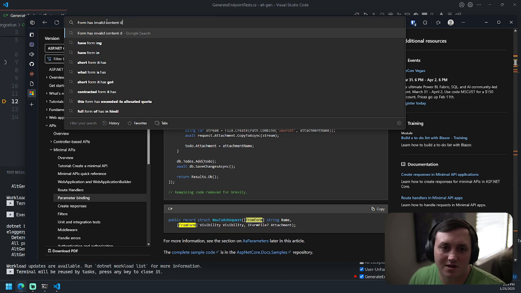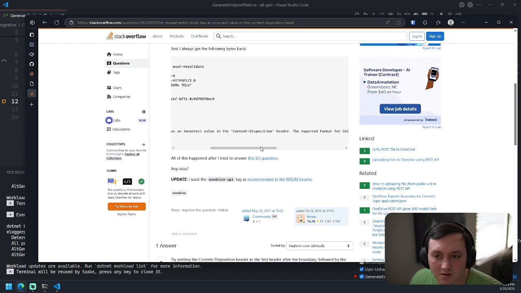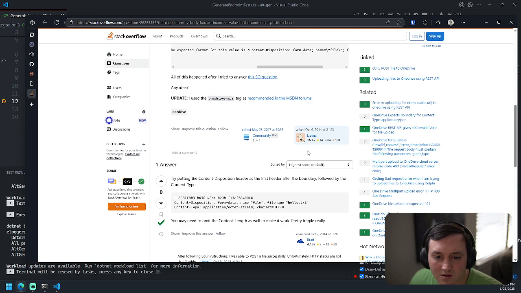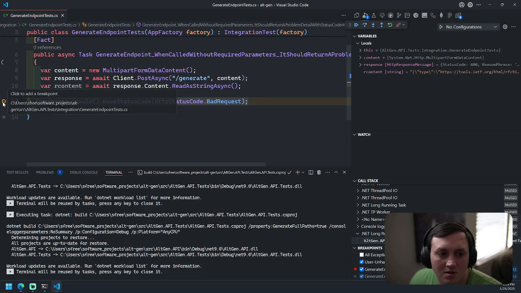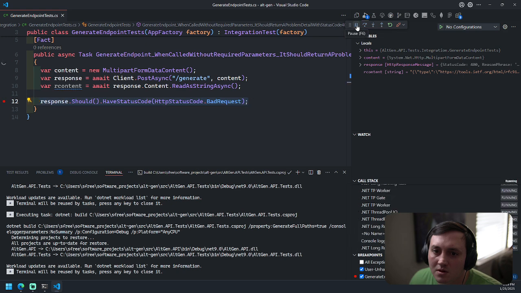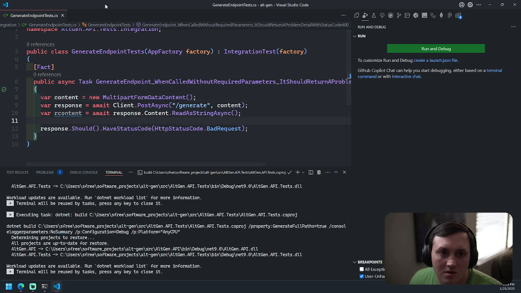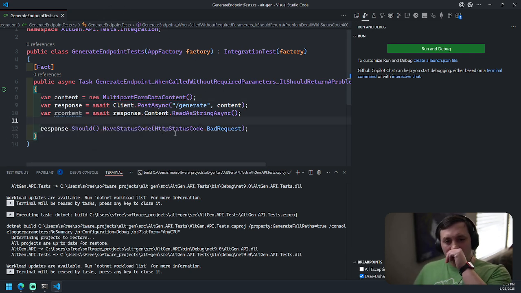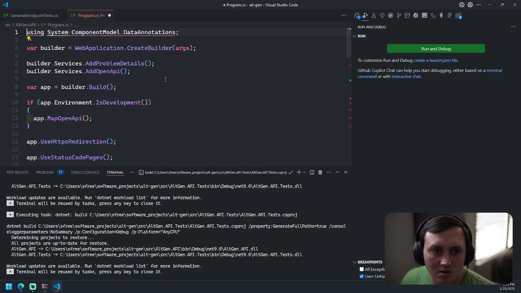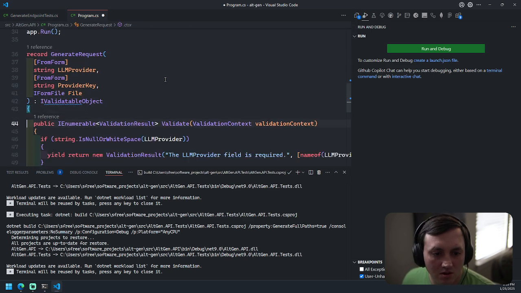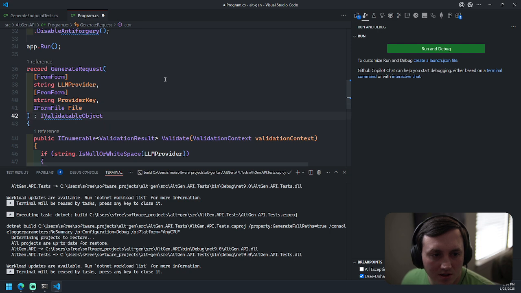Form has invalid content disposition value. Delete this real quick.